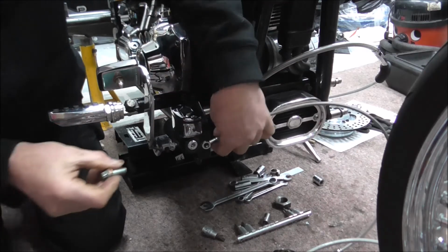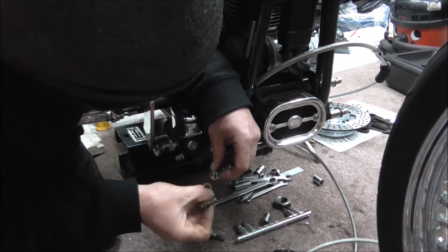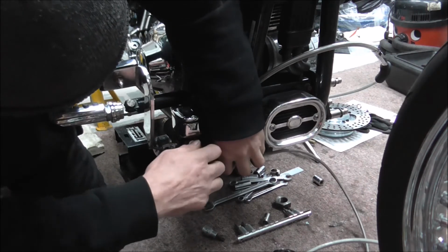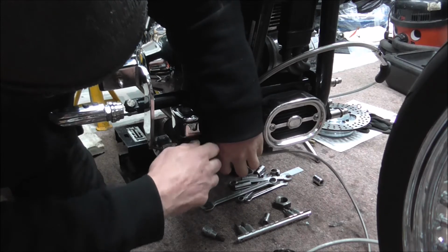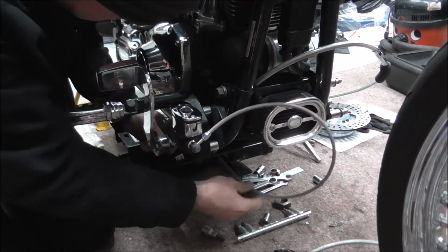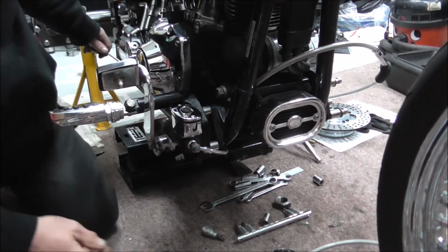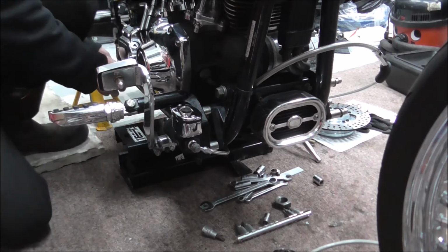So I'm just going to bolt this back on. I'll not nip it up yet. I'm just going to feed this through again, get it up through the frame, so that it's back in the position it was in, up under its clamp, and feed it in